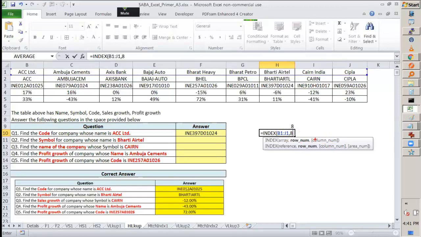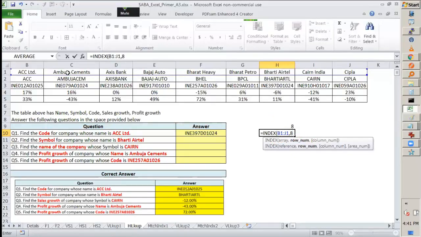In Excel, anything in the square bracket means optional. So the moment you give 8 for a row, it will understand it as a column and treat that as an option. Now your work is on this array, give the 8th column value.